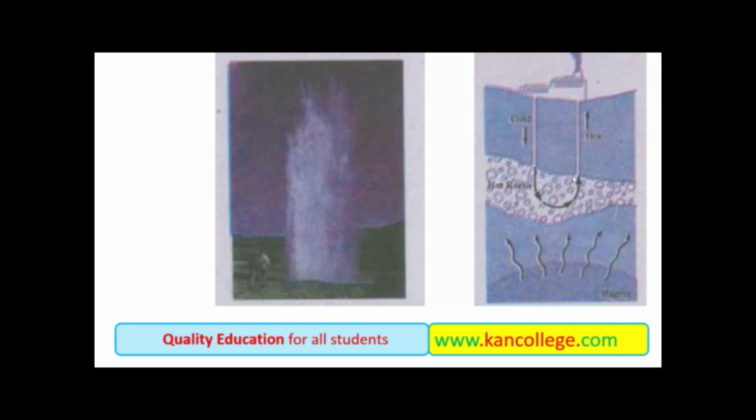And this figure represents the utilization of residual heat from the lava inside. Cold water enters through this pipe, and when it passes near the lava it gets heated and converted into steam, and that steam is utilized for generation of electricity by running the turbines and generators. So this is the whole story of renewable energy sources and the different types of renewable energy sources.